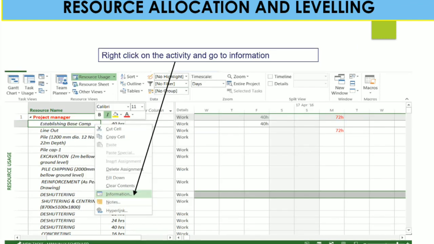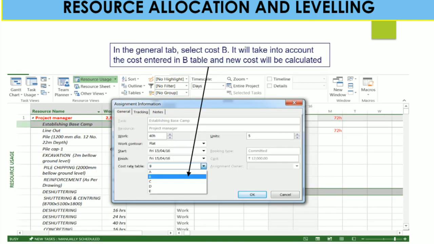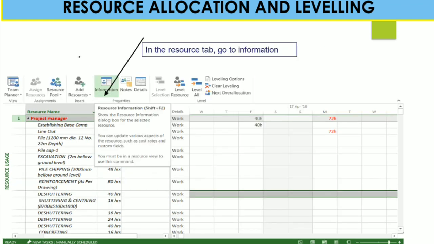Now to see some information, you can right click on that particular activity and go to the information. In that manner also you can select cost rate table B and then click on OK. In the resource tab also you can go to that information and you can see that information already edited by you.